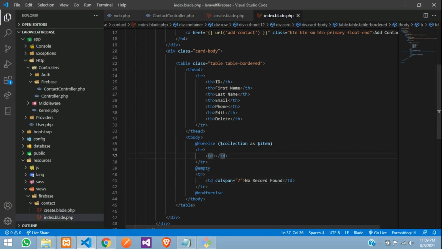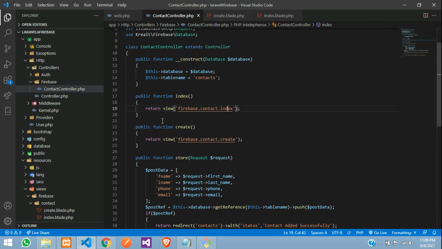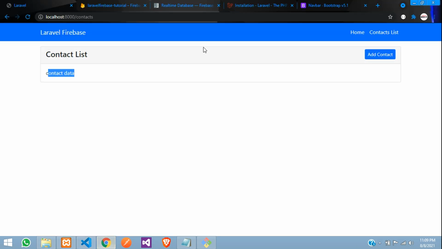And now here your ID will be $key of items. So what collection of data you are going to get, that is nothing but your, let's go to the contact controller. At this index function we need to call that. So how will you get the data? So for that, guys, you need to move to your